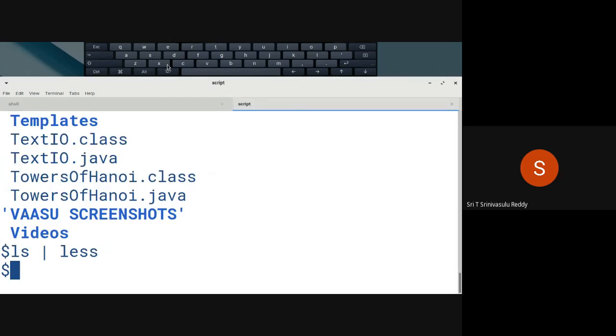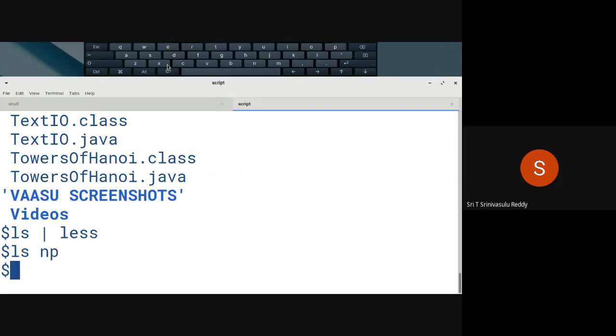In fact, you can also say ls followed by NP. Whenever you issue ls followed by a folder, it displays the files and folders within that folder. Whereas if you want to know whether there is a file called np or not, you have to give ls followed by -d.